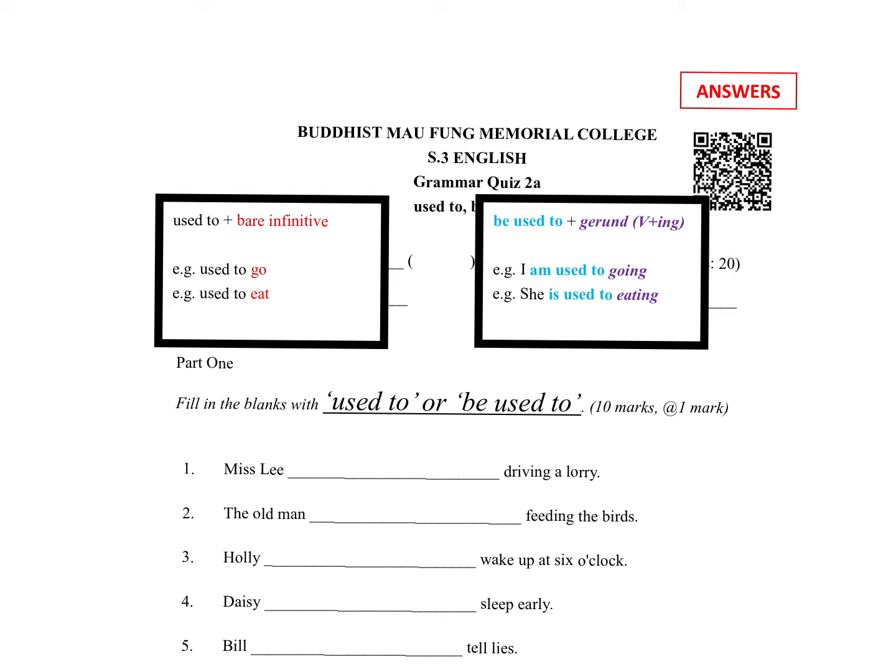bare infinitive 係冇 ing，唔係 past tense，冇 ed，乜都冇。而喺 be used to 後邊係要擺 gerund 㗎。例子：I am used to going。She is used to eating。嗱 gerund 即係 verb 再加 ing 啦。而 verb to be 呢，留意係可以係 is, am, are，亦都可以係 was,